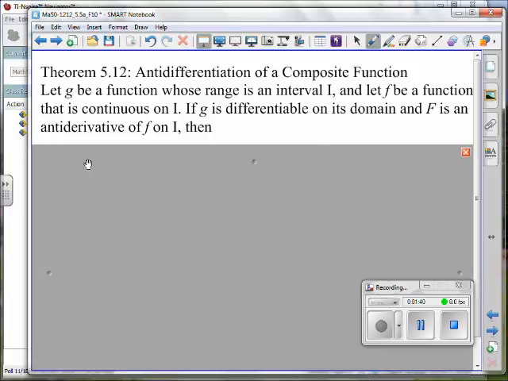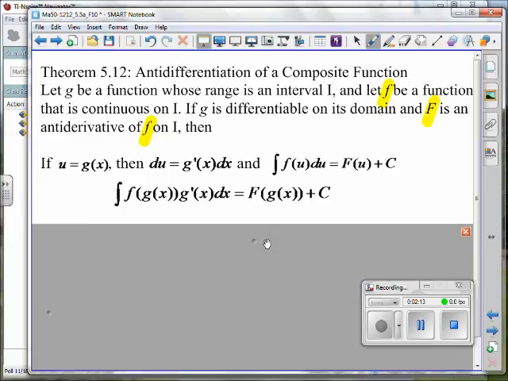And F is an antiderivative of, in other words, let me highlight some things here, because here's where we go back to our capital F and small case f. Small case f in this case is the integrand. So the derivative is a function that's continuous on the same interval as the inside function. Then the outside function is an antiderivative of the integrand. Well, what does that mean? Then, okay,